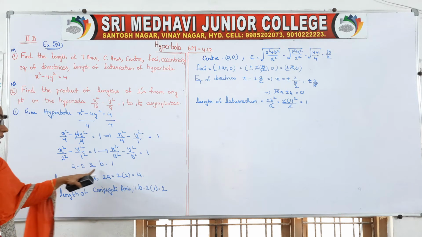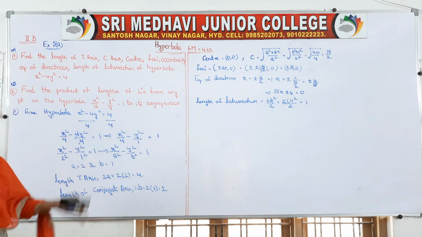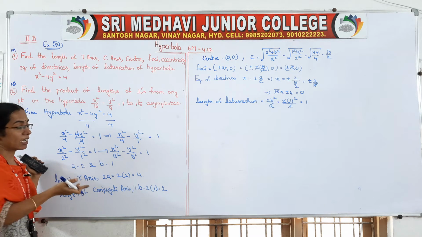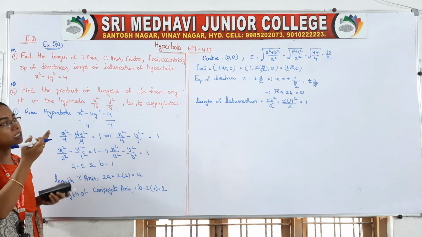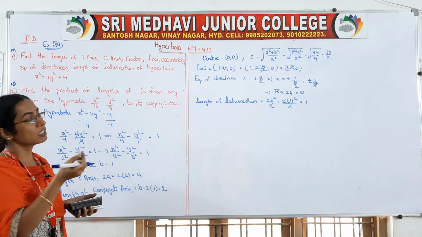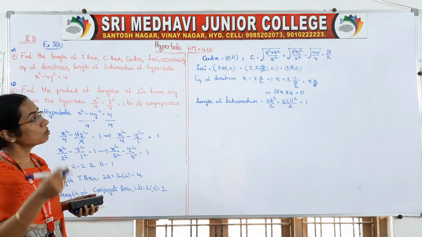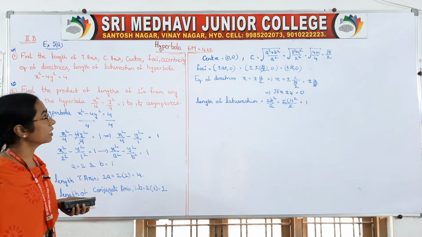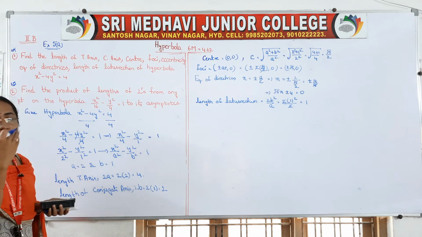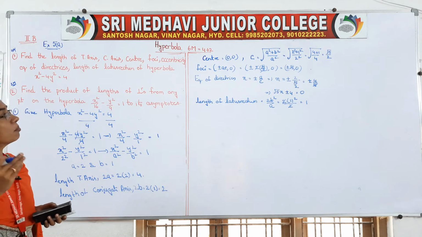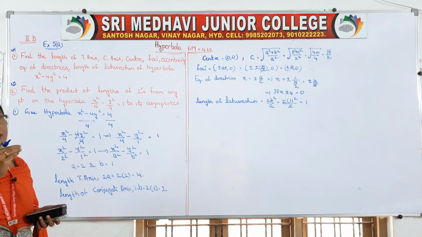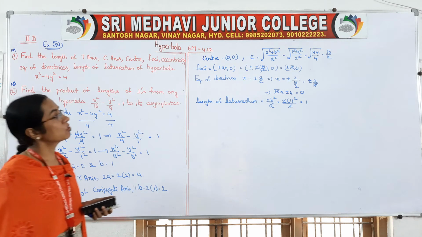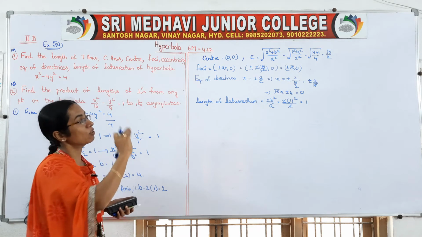So once you know a and b, you can find all the values, right. So the length of transverse axis, conjugate axis, right. And to get our foci and directrices, we need the E value. So after writing the center, first you find out the eccentricity, right. In the question foci is asked first, and eccentricity after that, but to write foci we need eccentricity. So first you find out your eccentricity, and once you got eccentricity, find out foci.